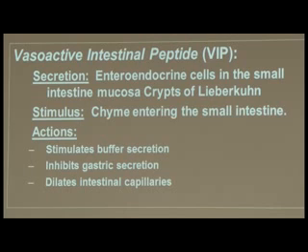And what we're going to do is move them through the intestinal mucosa into blood vessels in the underlying lamina propria, which is the areolar connective tissue, as you'll recall, that occurs underneath the mucosa. If we're not involved in absorption, then we don't need these capillary beds to have as much blood flow. If we're involved in the process of absorption, then we want to increase blood flow to these